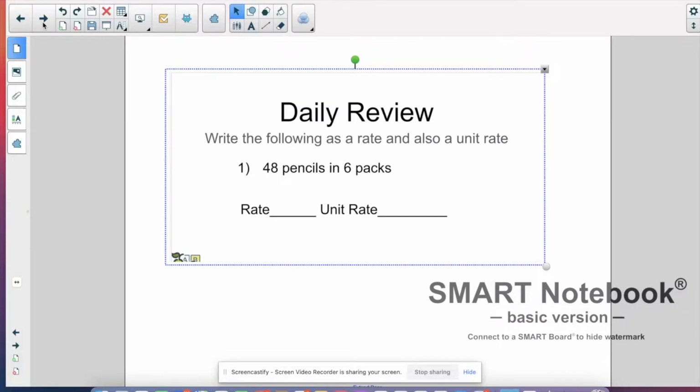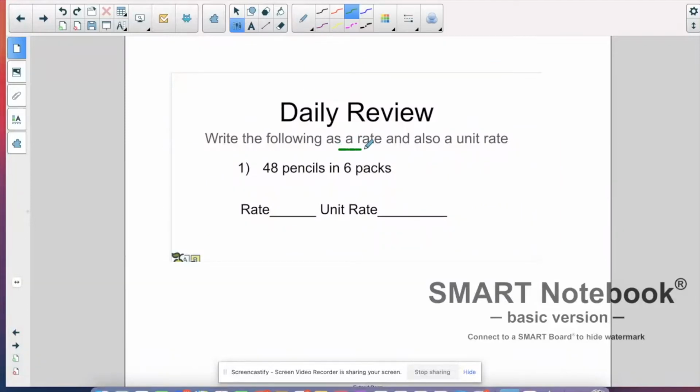It's time for our daily review. Write the following as a rate and as a unit rate. Well, if we look here, we have 46 pencils in 6 packs. What would it be per 1 pack? Remember, unit means 1 pack. So we're looking for 1 per 1 pencil. Our rate